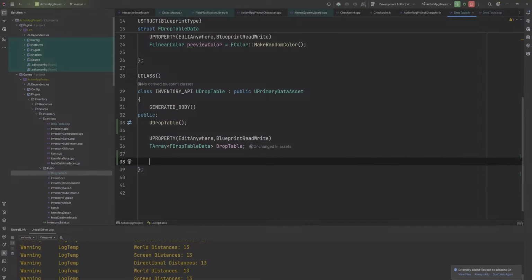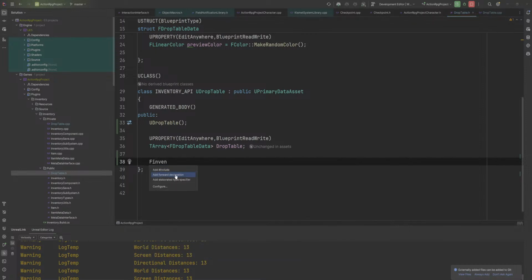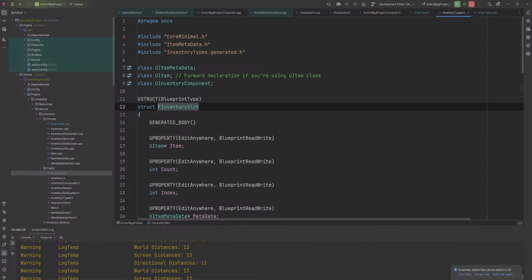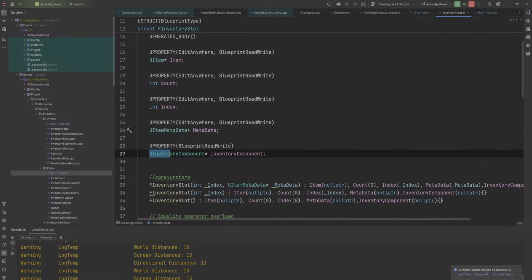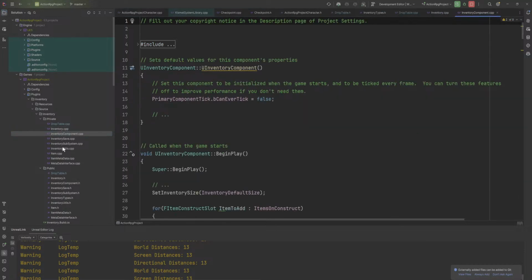So that's going to be, do I want to make an inventory slot, which we can just do through forward declaration, because an inventory slot will also have an item and a count. Well, I suppose an index and stuff, but that doesn't really matter, and some metadata, which also doesn't matter. Well, and an inventory component. Yeah, I don't think maybe we want that, but it might be nice to also